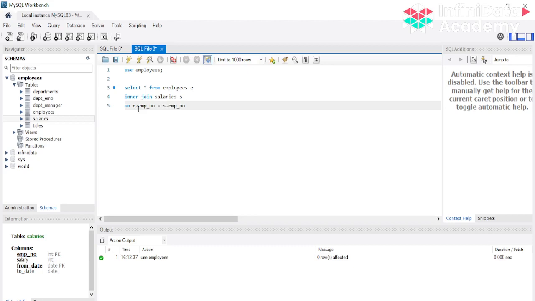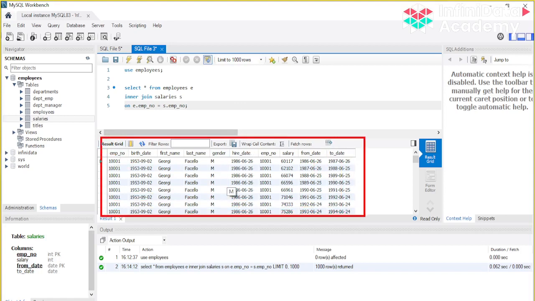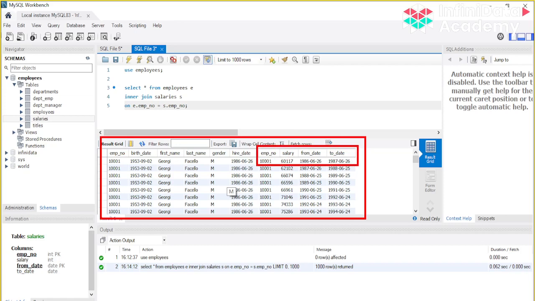So as you can see this is a very straightforward syntax जो हमने किया है यहाँ पे, and you can see we have the details available with us now. This is the inner join. So in the output, if you see, we have the employee number, then we have the birth date, first name, last name, all these details coming from the employee table. And then उसके बाद जो last 4 columns हैं, these 4 columns are coming from your salaries table. So as you can see here इसमें you have the chronology as well.